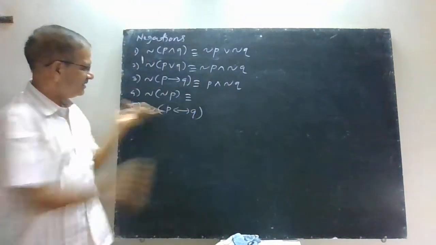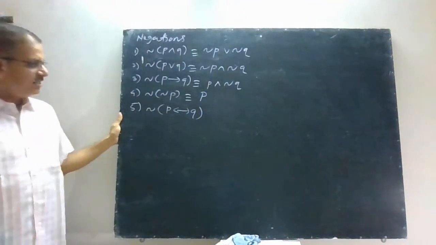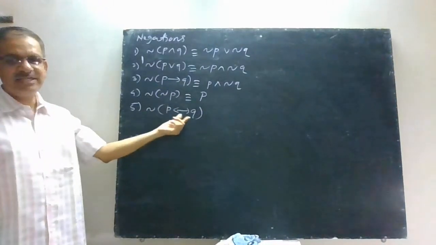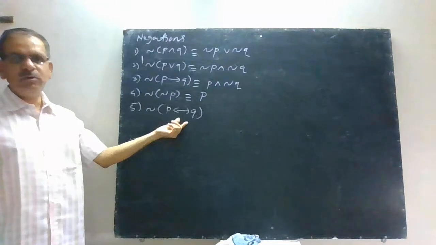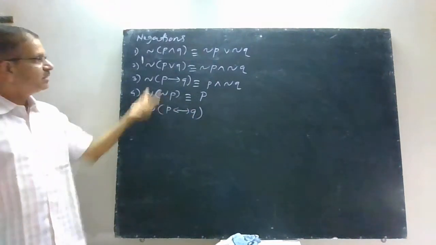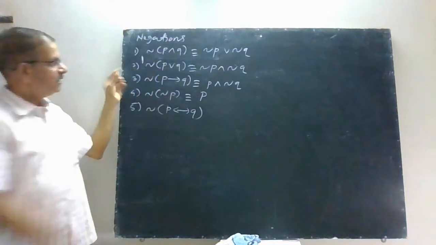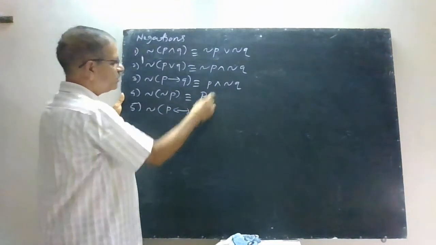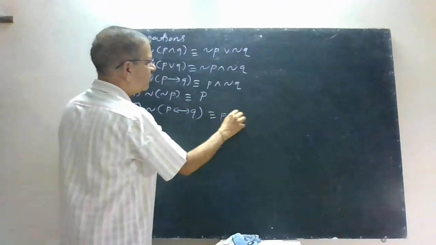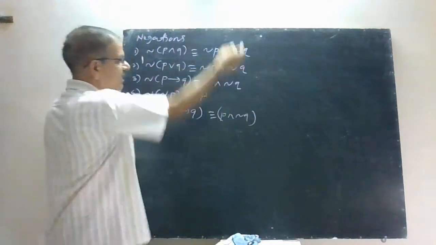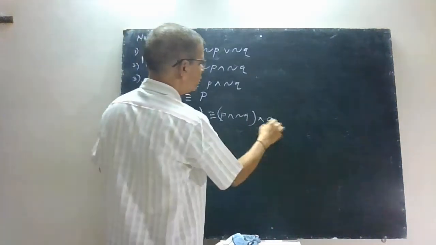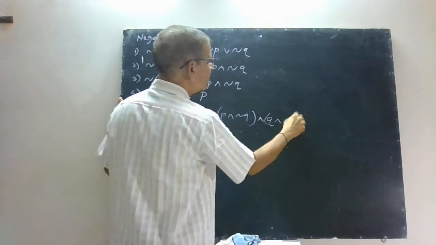Now see this one, this is negation of p implies q, and using this one you can write the negation of this one. See, p implies and implies q means it is p implies q and q implies p. You have to write a negation of that one using this and. Now first of all it is p implies q, so it is equivalent to p and not q. Now it is and, that's why it becomes or. Now it is q implies p, so it is q and not p.